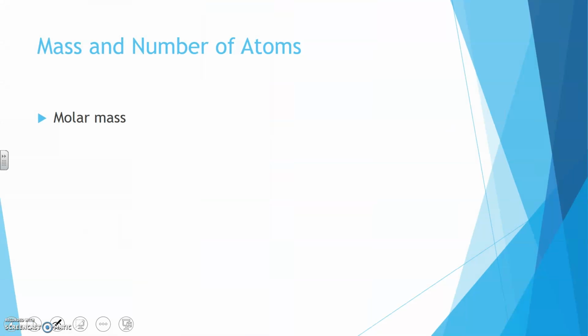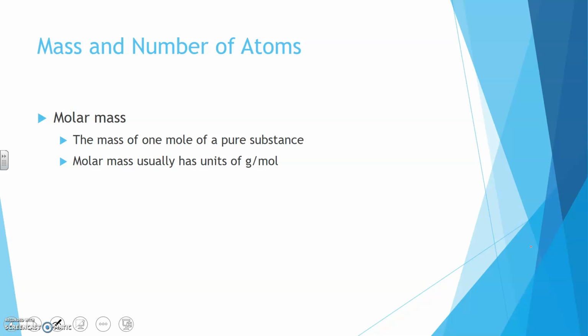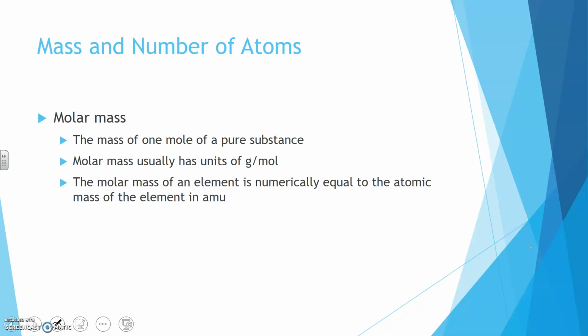Alright, so you'll also have to talk about something called molar mass. So the molar mass is the mass of 1 mole of a pure substance. Now this is relatively easy to calculate. It just comes straight off the periodic table. Molar mass usually has units of grams per mole, hence the molar mass. Molar referring to the moles and mass in grams. And the molar mass of an element is numerically equal to the atomic mass of the element in atomic